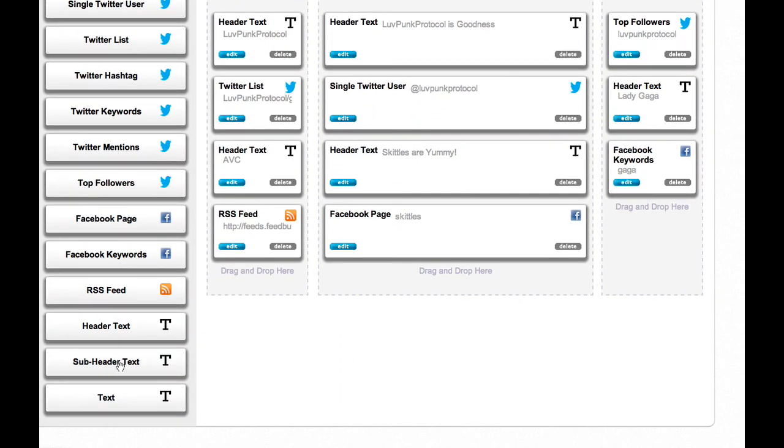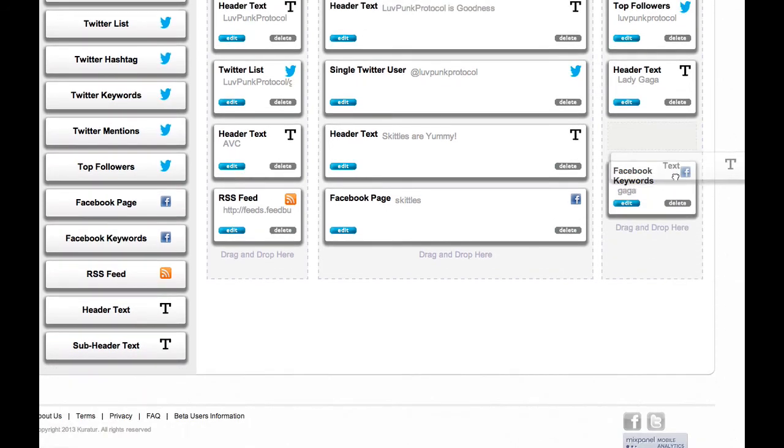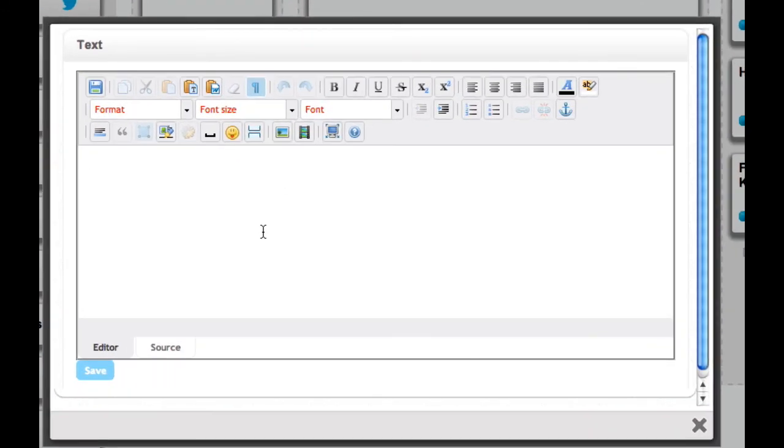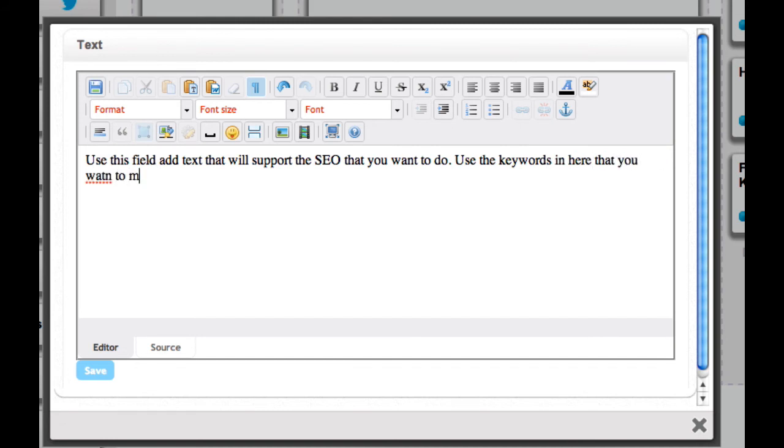You can add subheader text, which is basically smaller and carries the H2 tag, so it's another great way to add more support. Finally, there's a text unit. I'm going to drag and drop one of these over here. The text unit is just like body text. It will carry that same weight on your page as far as the search engines are concerned. So you can use this field to add text that will support the search engine optimization that you want to do. Use the keywords in here that you want to